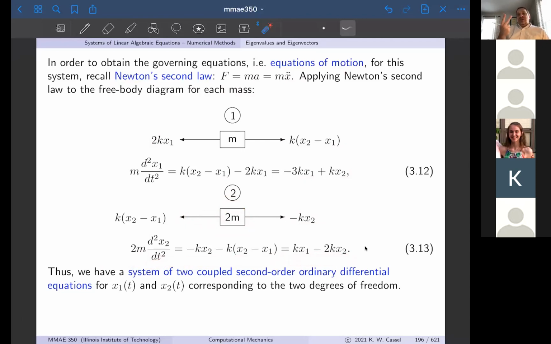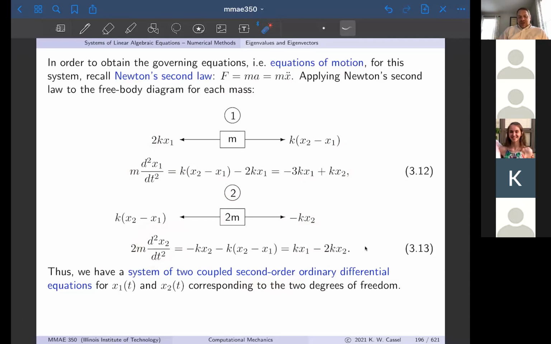So we have two equations of motion corresponding to our 2 degrees of freedom. They are coupled together. I can't just solve one for x1 and the other one for x2. I have to solve both of them simultaneously because they both involve x1 and x2. So they're coupled, and they are second order. The highest derivative is 2, so we say that they are second order. So we have 2 second order ODEs for my 2 degrees of freedom, and that's typical of dynamical systems governed